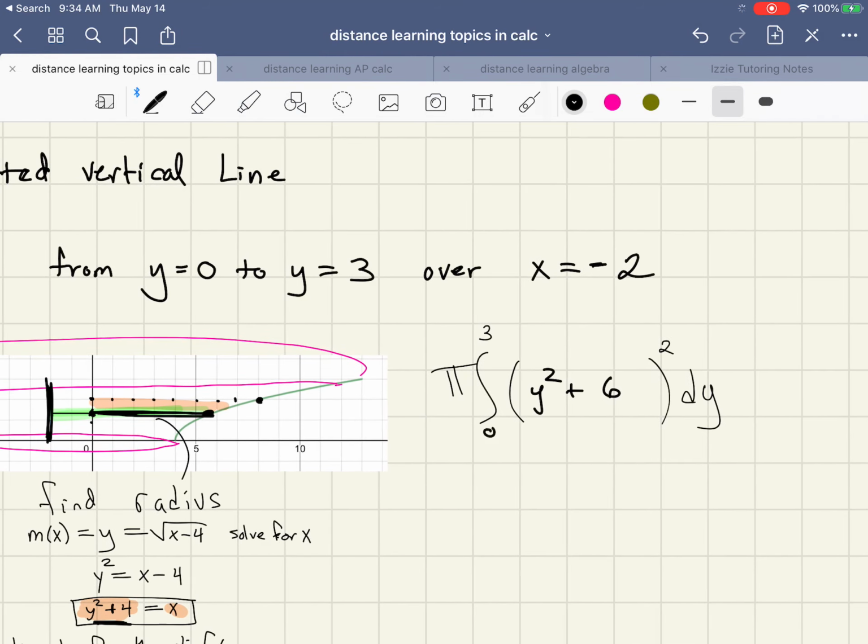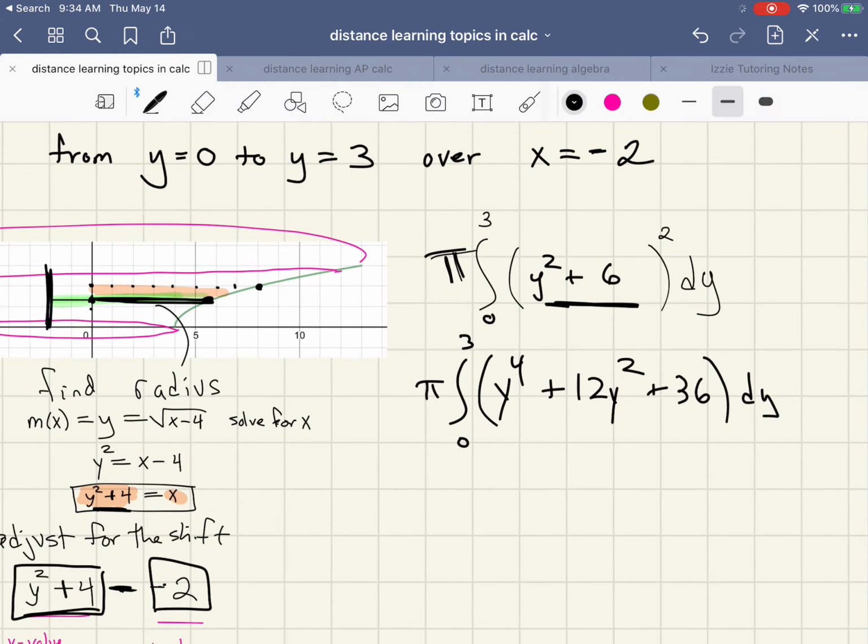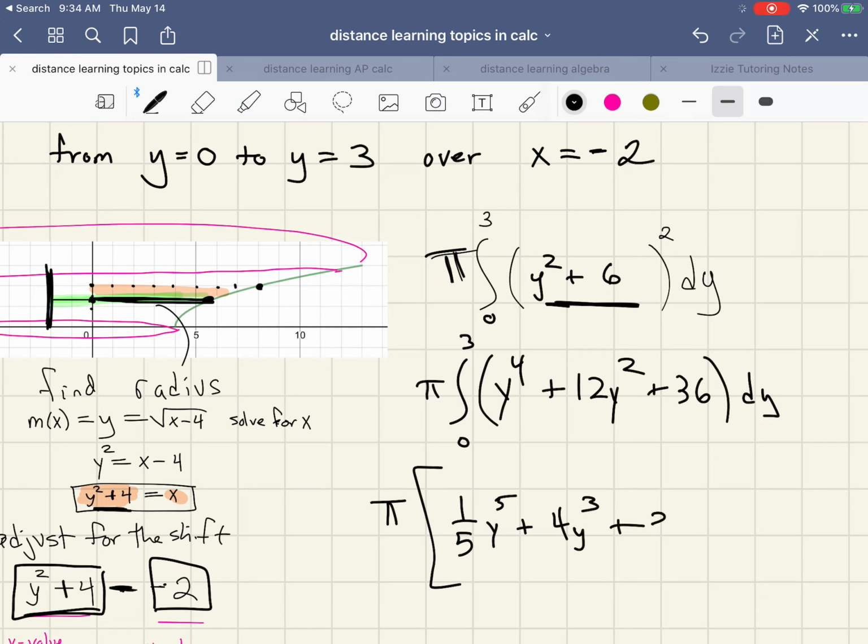Now, in order to save time on this video, I'm not going to go through the whole process, but I'm going to square the binomial. That's y to the 4th plus 12y squared plus 36. Still from 0 to 3, still pi on the outside as a constant, and still in terms of dy, we integrate using power rule. I'm going to stop after this step. We get 1/5 y to the 5th plus 4y to the 3rd plus 36y. We're evaluating from 0 to 3. Plug them in, subtract, multiply by pi,